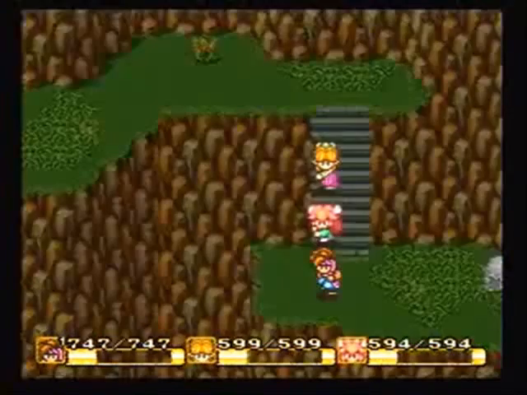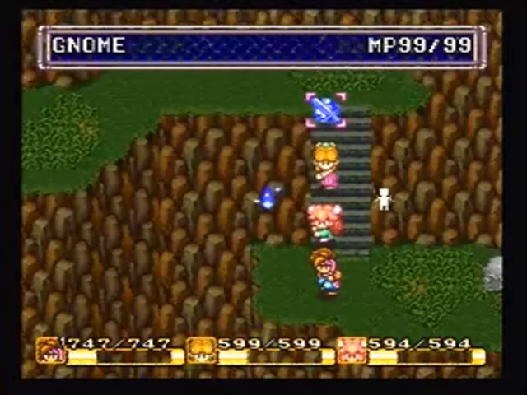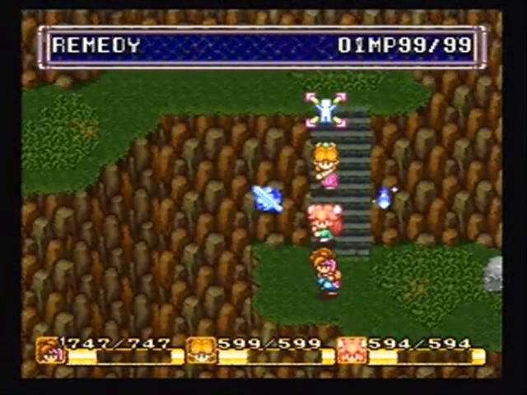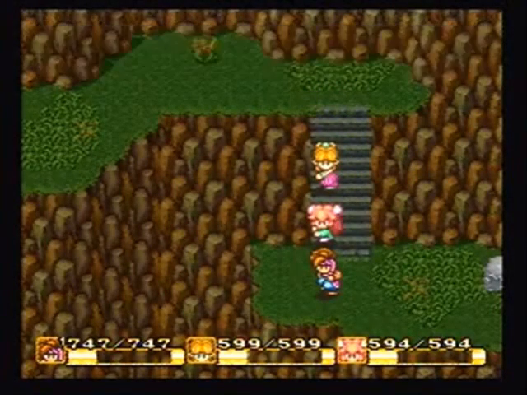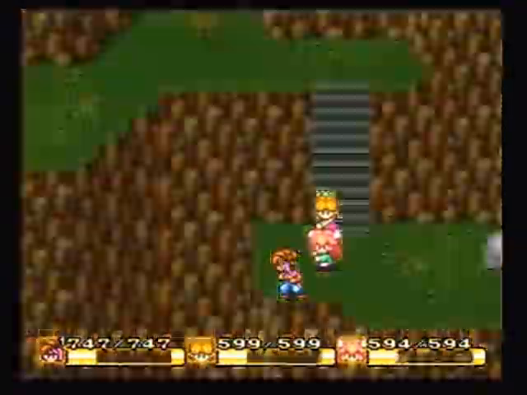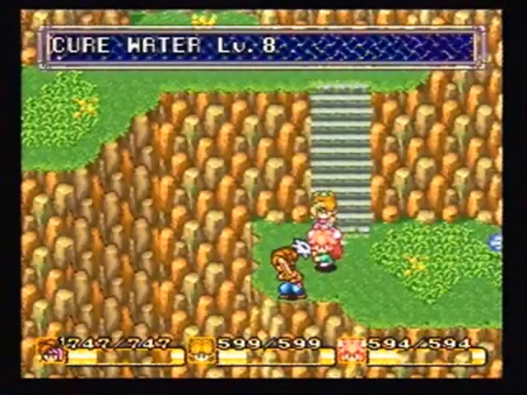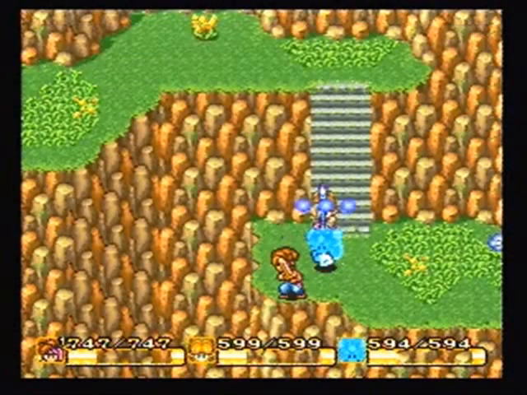As for the girl, Rose here, she has 3 spells. Remedy, I'm just going to use it on Absol here. Remedy will nullify any negative status effects that a character may have. Cure Water will heal your character for a portion of